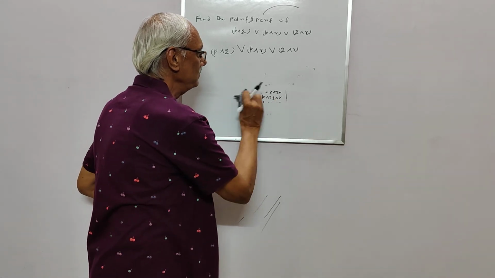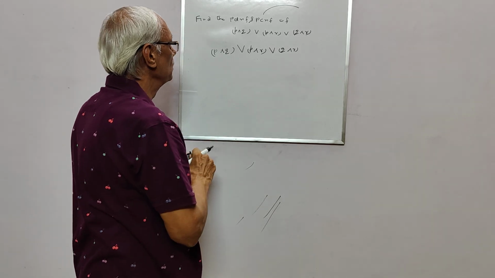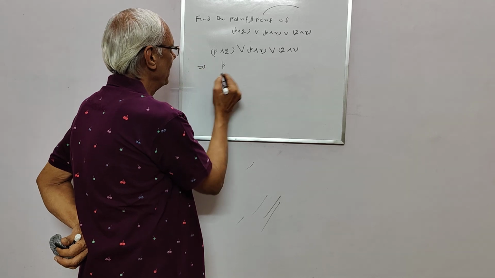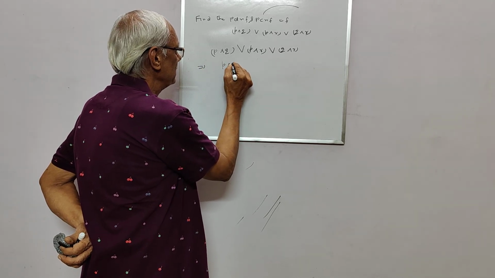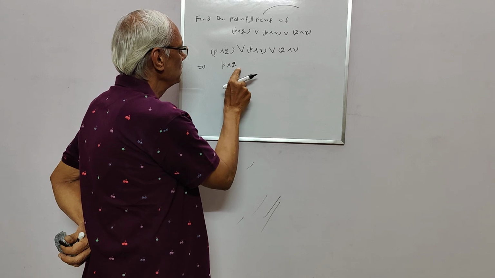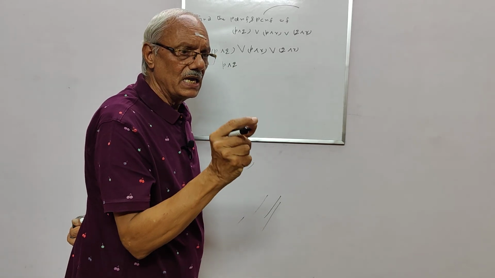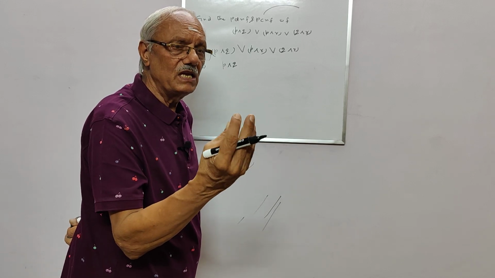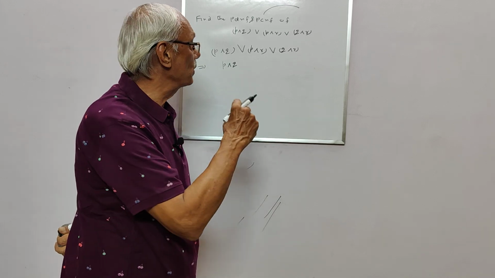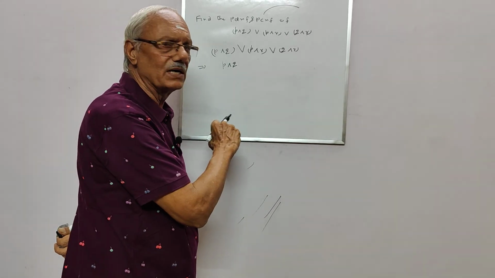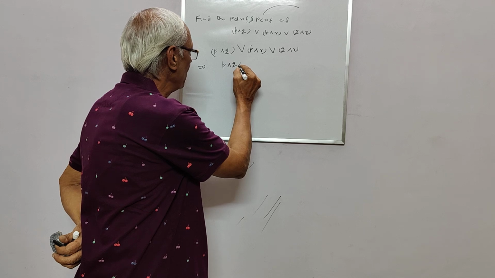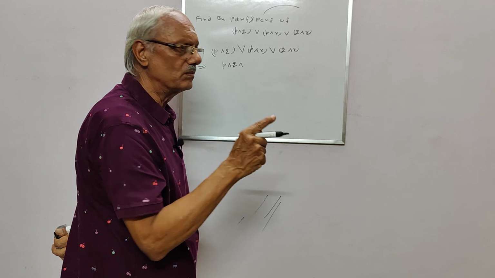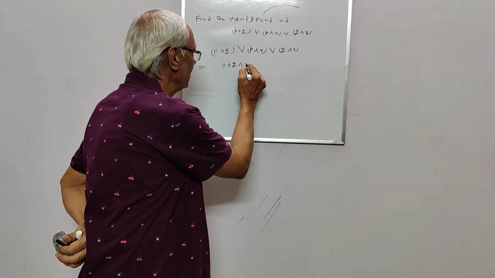Let us start doing this problem. What is missing? Let me write this. So this implies P conjunction Q. Now something is missing, because I told you that every term must possess 3 variables. 3 variables should necessarily come when you write it. So there is something missing here. What is missing? You will write it as a conjunction, because you want the min terms. So I put it like this, then it is R